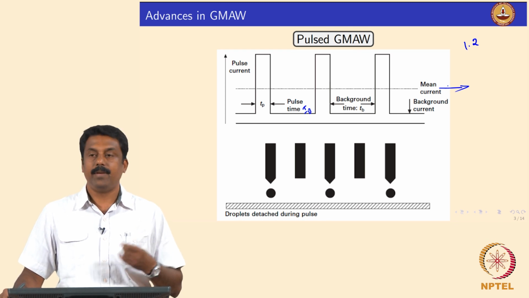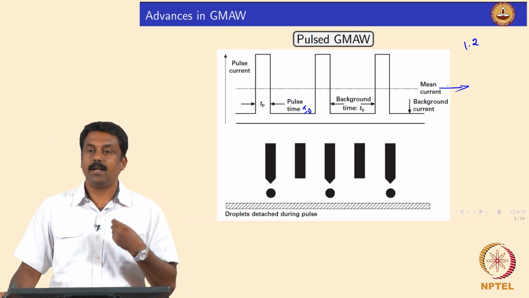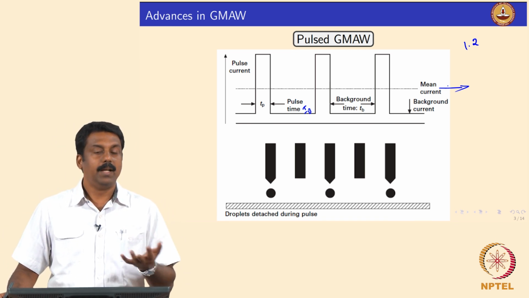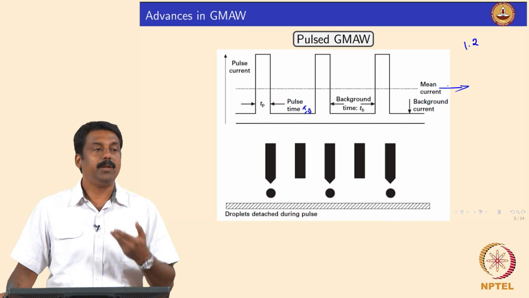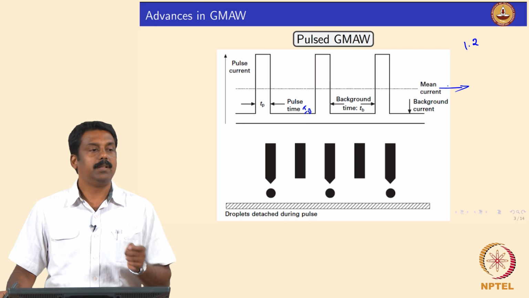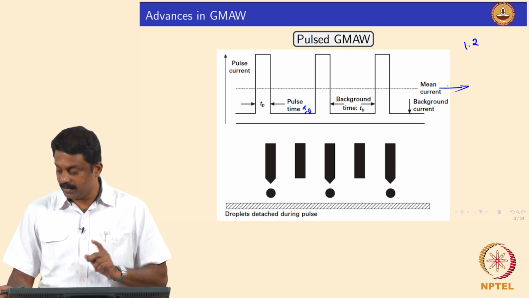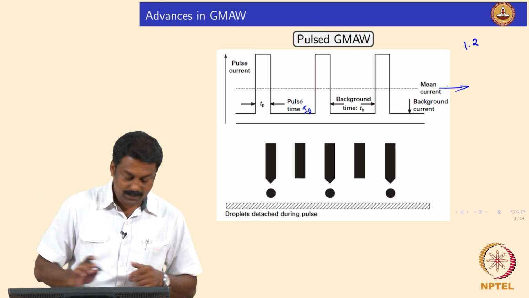Because we are also not consuming as much energy, your transfer characteristics are much nicer than when you use a constant current, and you also have a very stable process at a very low heat input, right. So we will see the video of this process and then we will go to the physics of it, right. Okay, good.